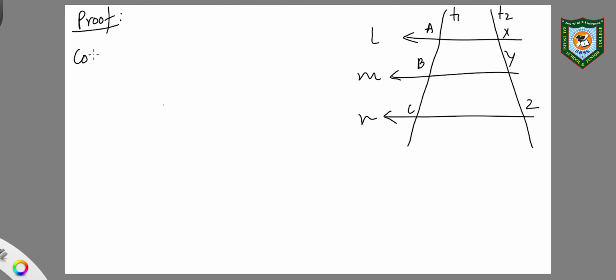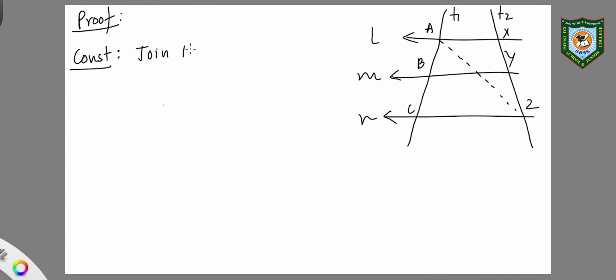So for construction, we are simply going to join AZ. What this does is that it's going to divide ACZ and AXZ in two different triangles. Now, you might be wondering why aren't we using angle bisector theorem and why BPT? Because BPT involves parallel lines and we clearly have three parallel lines over here. Therefore, we can easily use basic proportionality theorem.